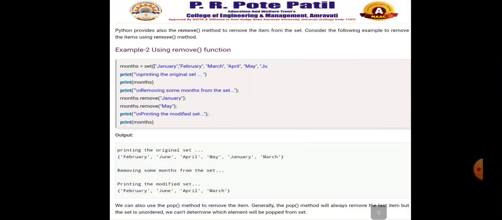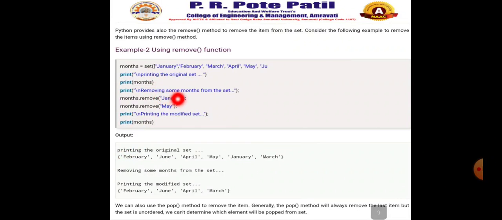Then second is the remove function. So Python also provides the remove method to remove the items from the set. So consider the following example to remove the items using the remove function. Months equal to set January, February, March, April, May, June. Printing the original set, so print months. Here again it prints the original set: February, June, April, May, January and March.